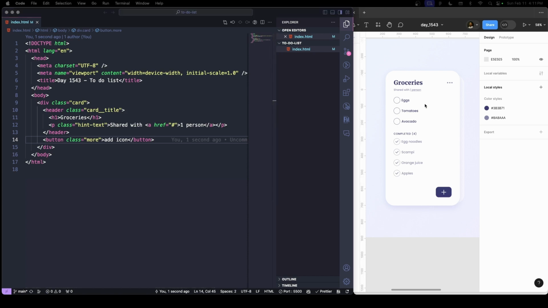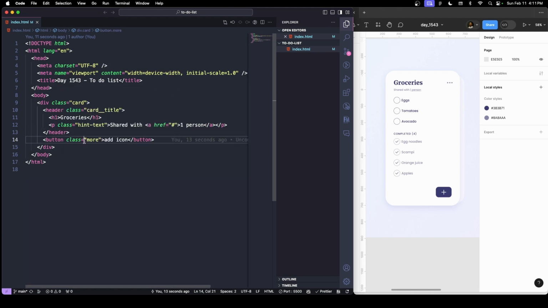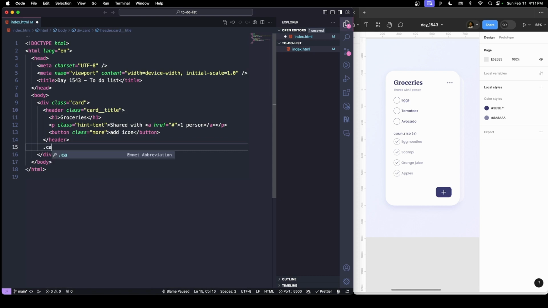Let's go ahead and go to the tasks part. So outside the header, or whoops, no, the button should actually be inside the header. I don't know why I did that. Card tasks. All right, okay. I'm gonna do a UL. It's actually gonna have a, so I'm thinking in my mind that